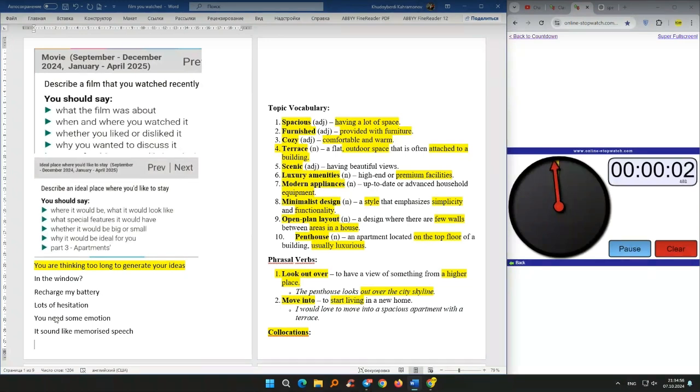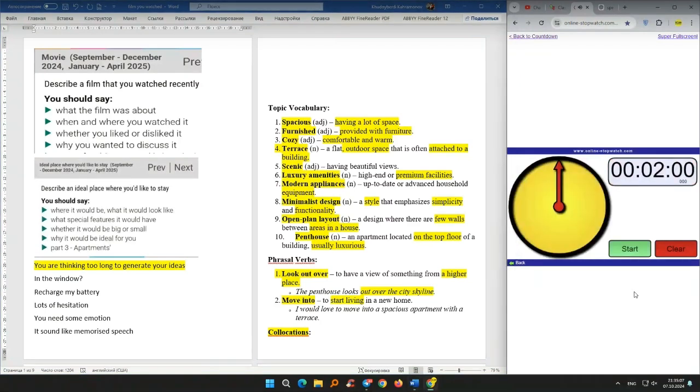And somehow you need more emotion. So why do you need some emotion? Just imagine you are describing something beautiful, something stunning, right? And you should make me feel as well. You should make me feel that it is beautiful. And another reason why I say you need some emotion is that it sounded like a memorized speech, okay? Like a robot. You are talking like a robot without stopping,